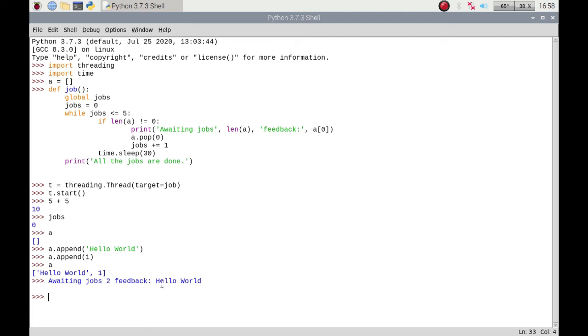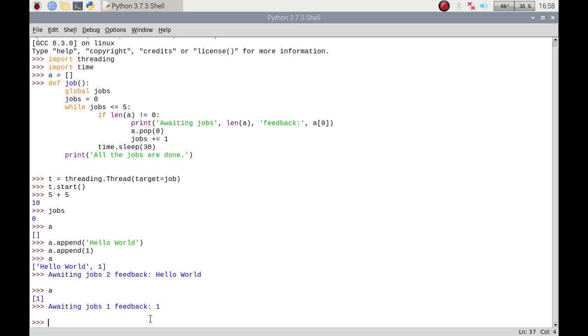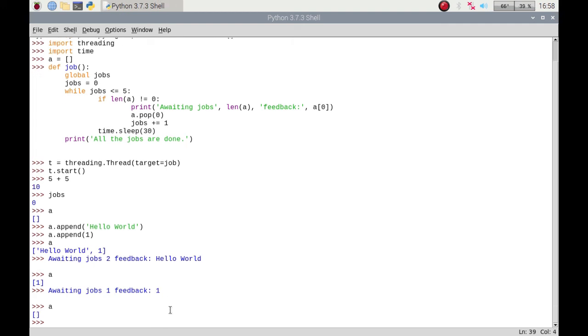So it's done that hello world, the first job, and if I call a now, there's just that number 1 left in there. And then after a few seconds, there we go. So that function has been still running, and it's now done that other job, and it has printed out that number 1. And now if I call a, which is empty,